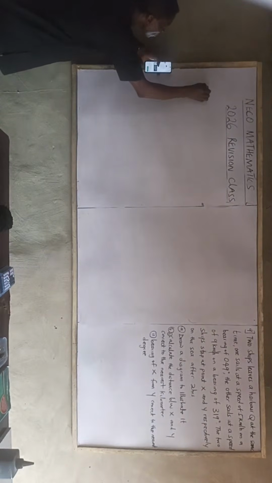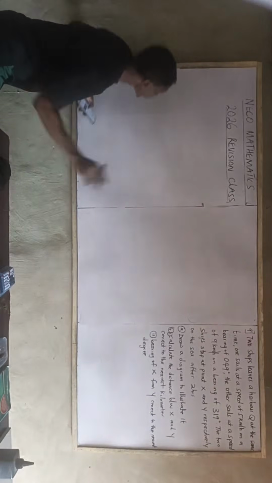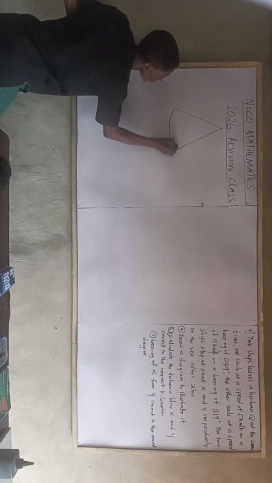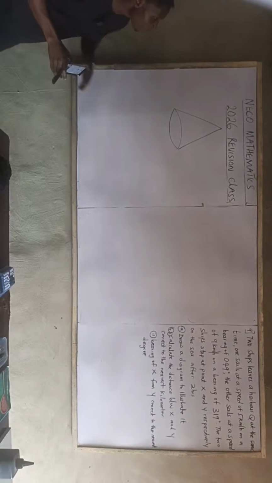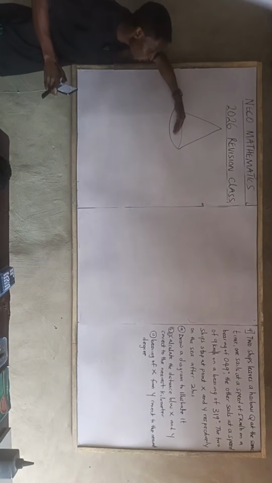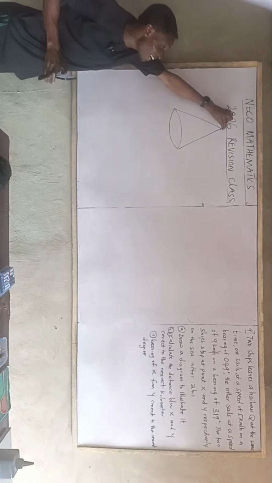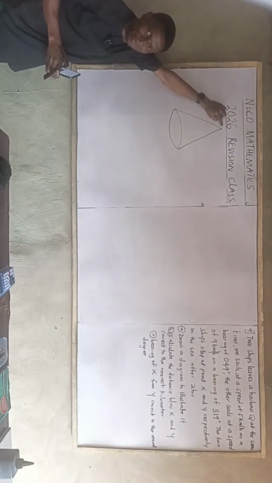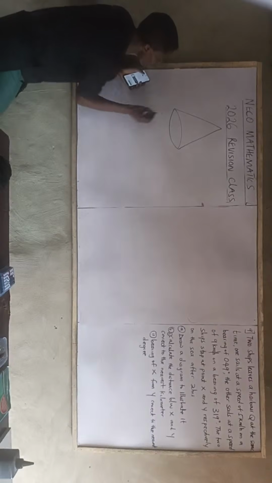We're told the ratio of the base radius. Okay, let me come with the diagram firstly. We're talking about a cone. This is a cone. A cone is a solid figure that has a circular base and a pointed vertex on the opposite side. A cone has one vertex. All right, so here we've got a cone this way,